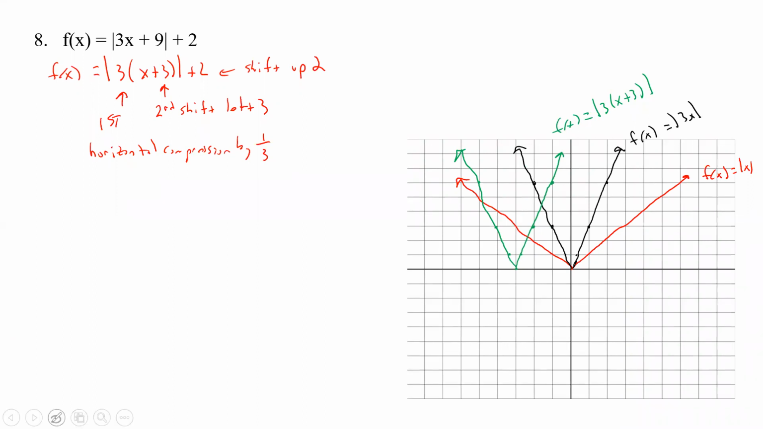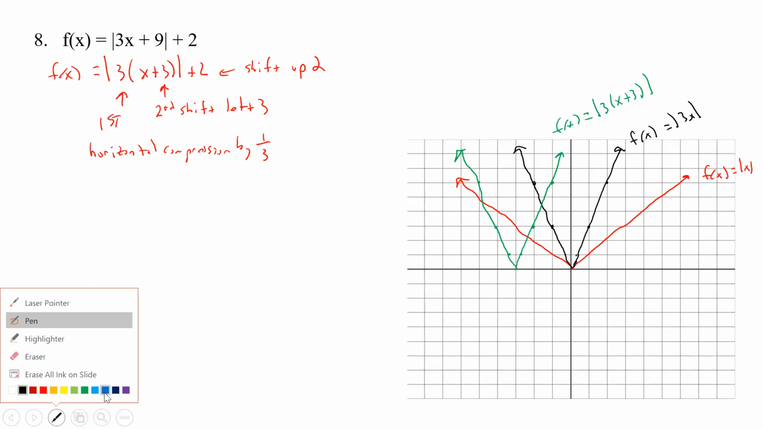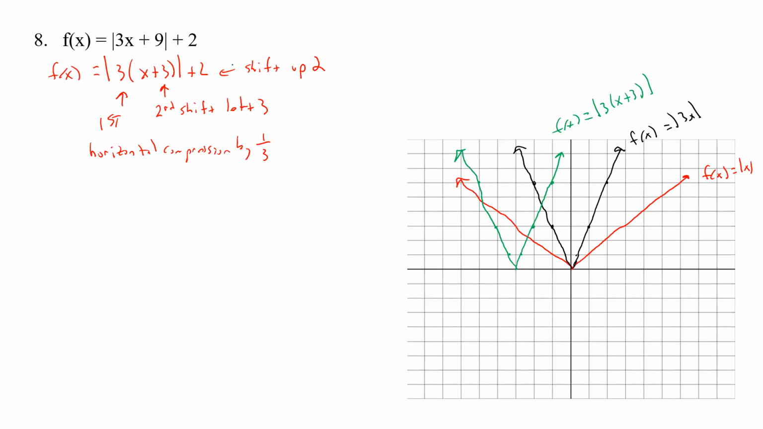Okay. Now let's go and do, how about blue? And so that's going to shift everything up 2. So we're going to go up 1, 2. Here we're going to go up 1, 2. And then each of the other points goes up 1, 2 as well. And so something like that, and that's going to be our f of x equals absolute value of 3x plus 9, plus 2,